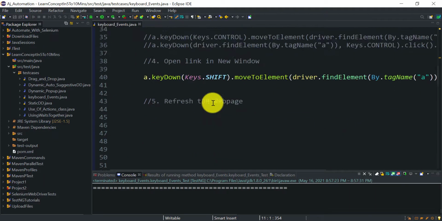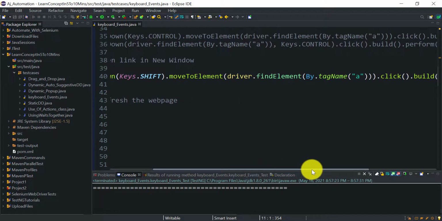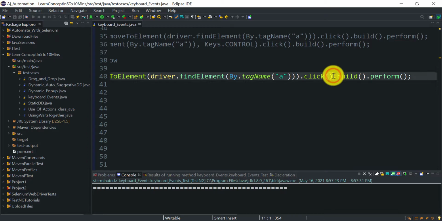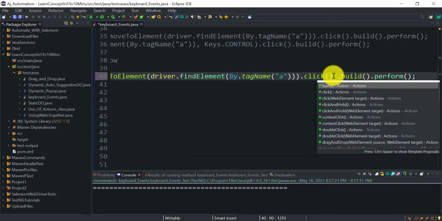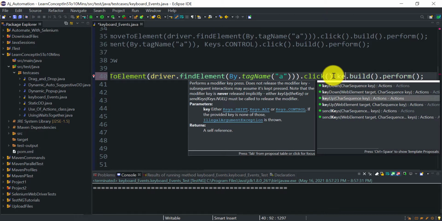So these are very small and basic operations that you can perform with the help of the Actions class. You just have to press any key from the keyboard, then directly use the key down method, and at the end you need to release that key. I might have forgotten to release here. After pressing the key, it's a good idea to release that key. How will you release it? Using the key up method, right?